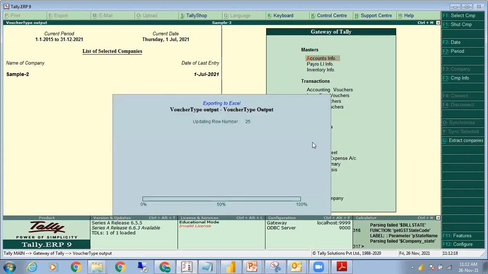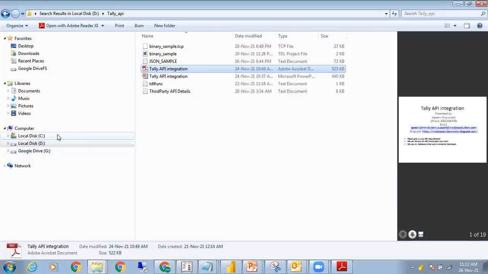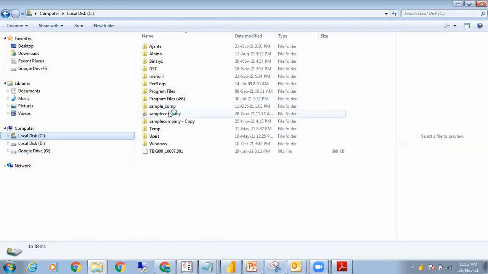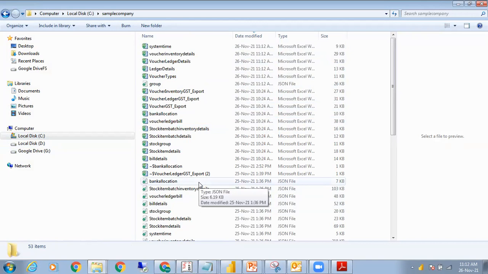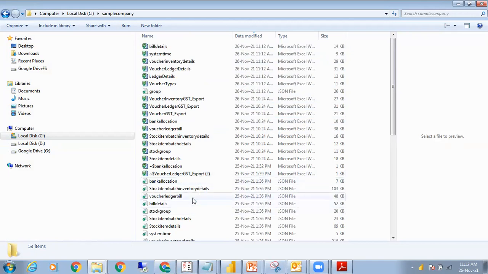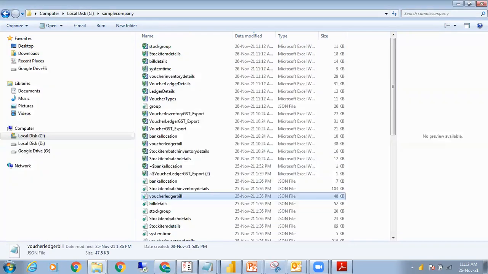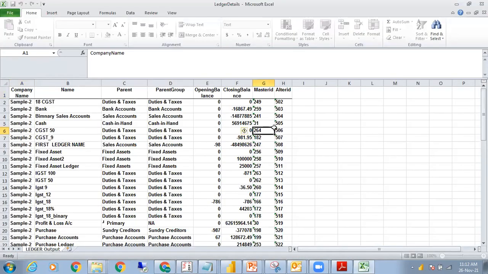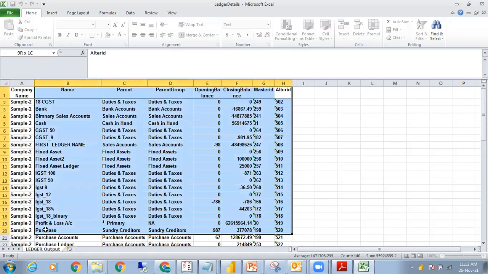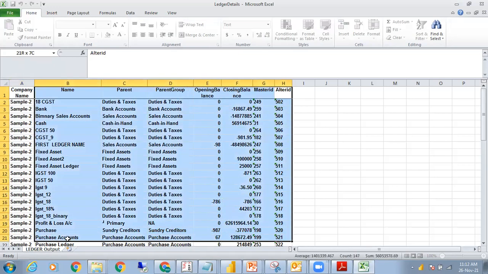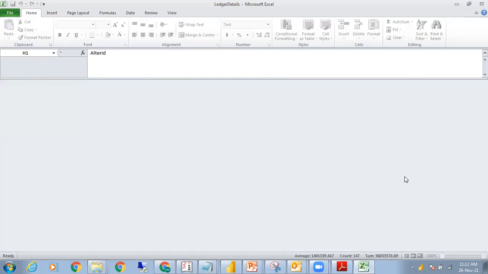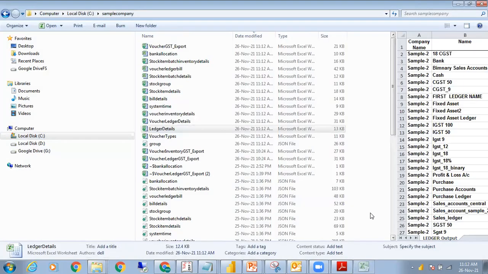So you extract the entire data, and it extracts the data in the form of an Excel file in this particular folder. This particular folder could be based on the client company name. You can extract the data either in Excel, or in JSON. So this is the JSON file and this is the Excel file. Now, the reason why we say Excel file is because straight away over this, you can link it up with the AppSheets mobile app, right? So that's what we have done, and Amrita will be showing you how exactly it is done.